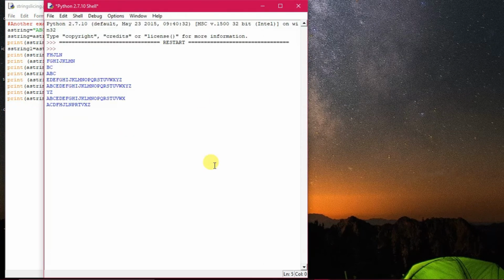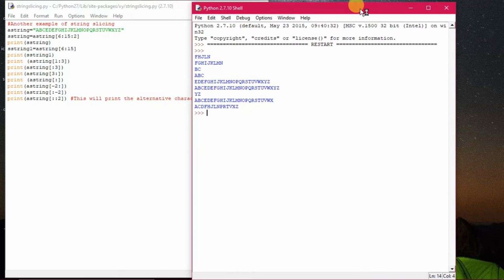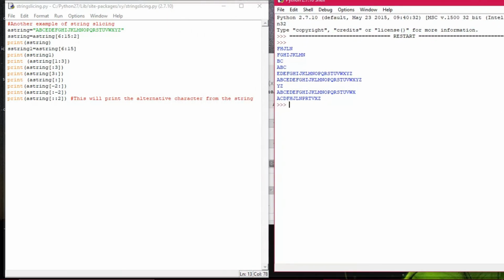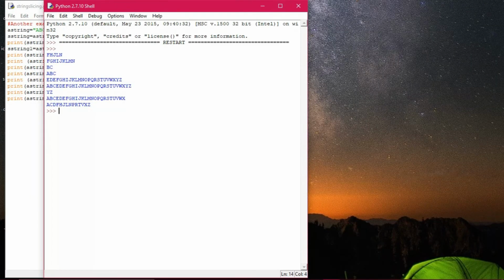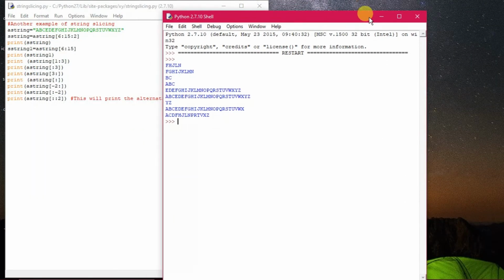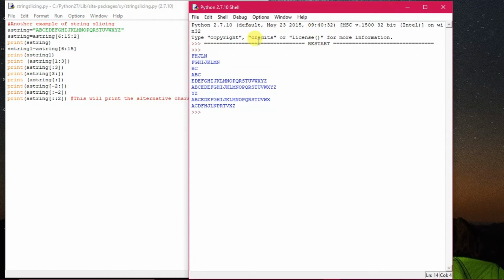Okay, so now what is happening? The output has appeared. Now one by one we can go through the output and analyze it at the same time. Now you see what is being given out here. FHJLL, that is given 6:15:2. Then what is appearing here, FHG, that means 0 1 2 3 4 5.